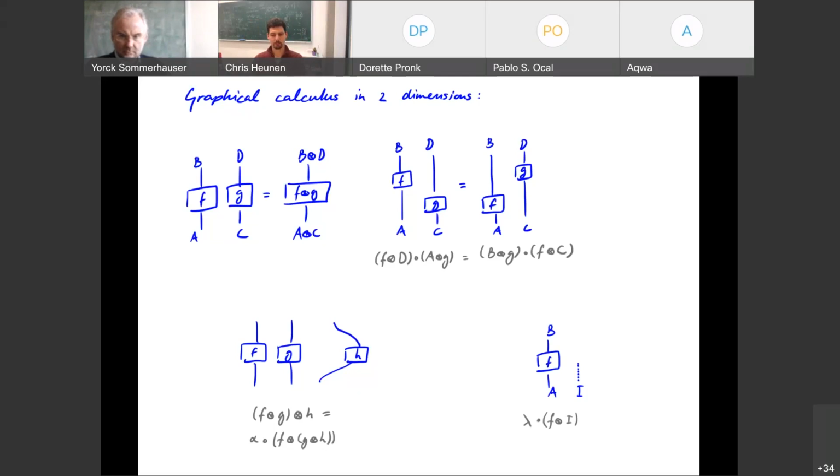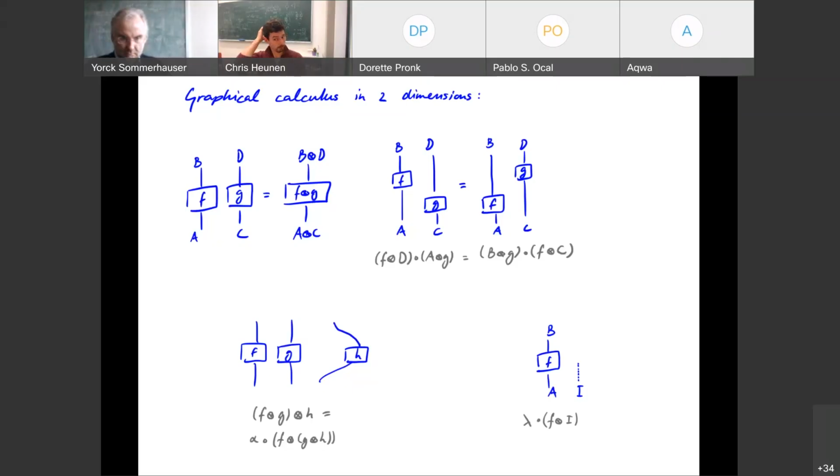A better way of seeing that is the lowermost pictures on this page. If I have 3 morphisms F, G, H, I can just put them next to each other, and you can't see in the picture whether I drew F and G first and then H, or whether I do G and H first and then F. And again, in these pictures, I don't mind if the lines are a bit wiggly, or if F and G are up and down a bit, if the wires are a bit longer, or maybe I've shifted H a bit to the right over here. We'll make that more precise in the next slide, but I don't really mind. All these pictures we'll think of as the same picture.